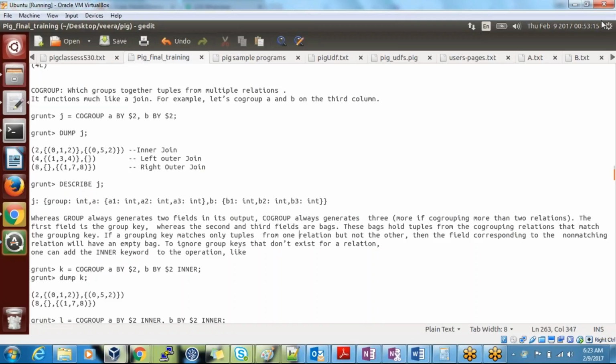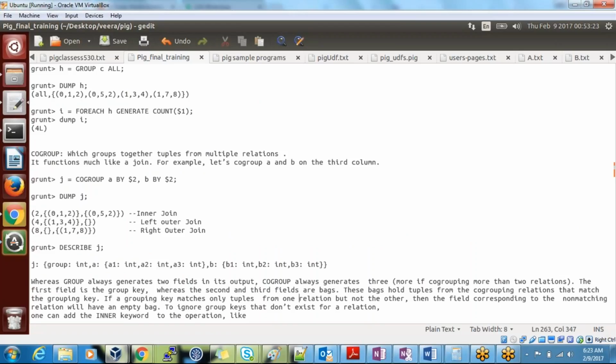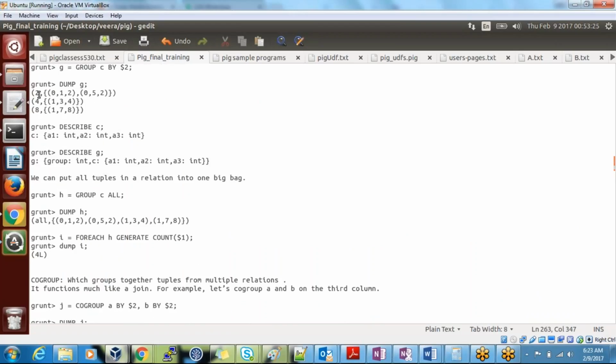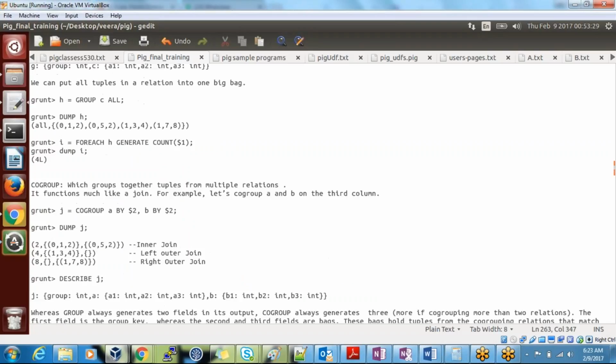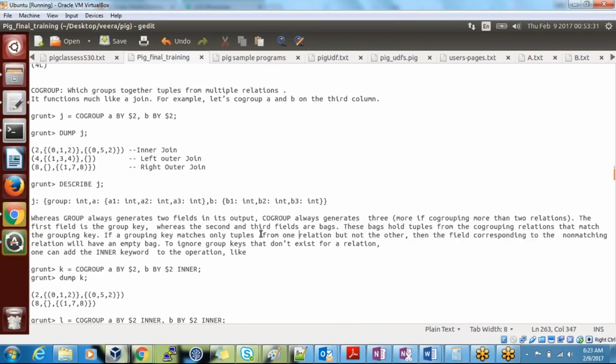So there is a description here, let me explain this. Group always generates two fields in its output, two fields only. One is the group name, and the other is the values of the respective relation. Co-group always generates three fields, because we have taken two relations.